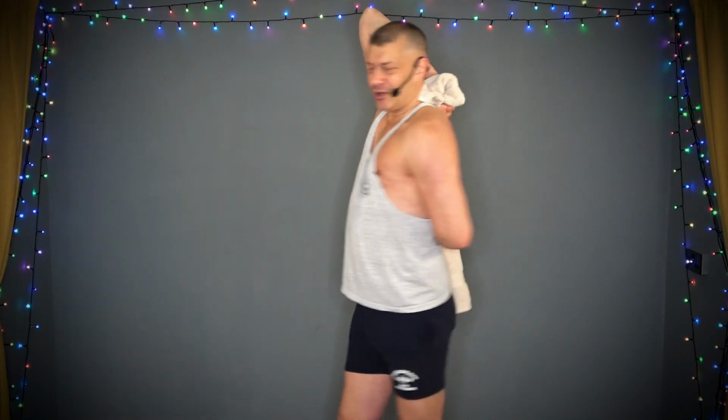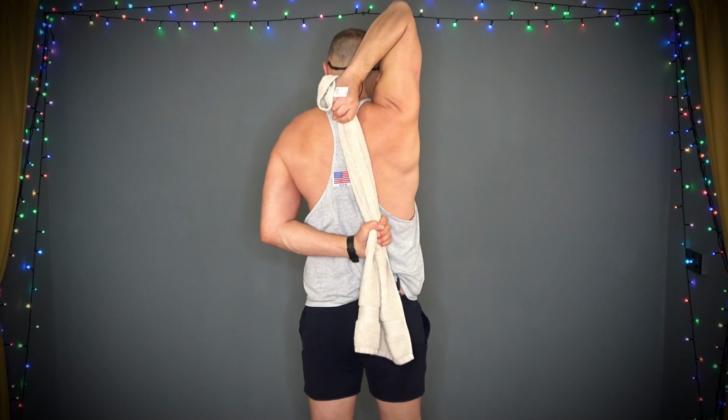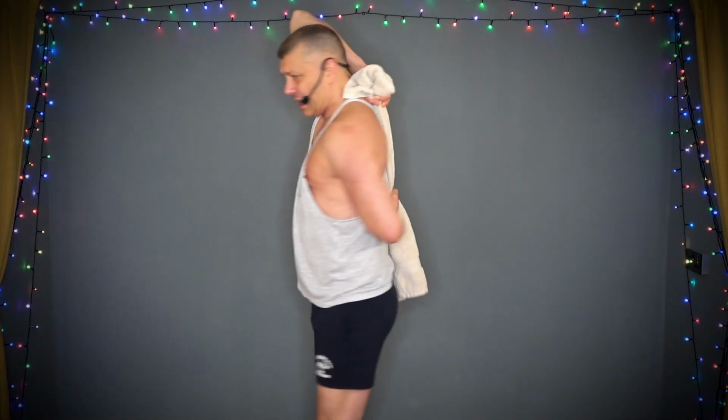So keep holding and make sure that back arm is pulling down, yeah. And if you're gripping your hands together, again, if you pull a little bit on the lower arm, you'll feel that stretch in the top arm. Right, let's release that side and try the other side. So gently release, over